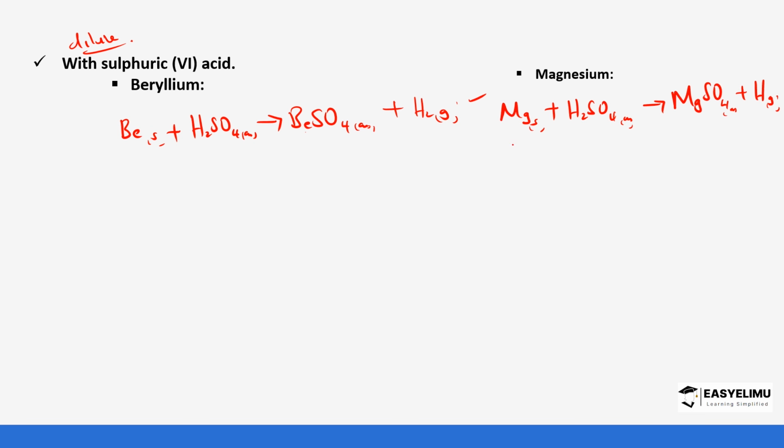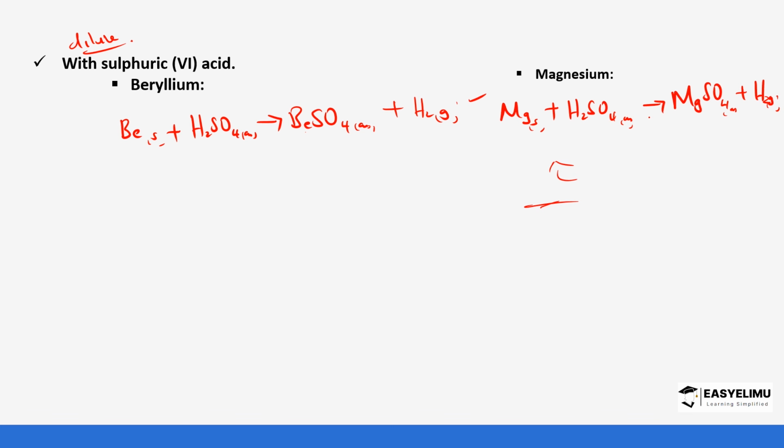So you notice also this equation is balanced. Magnesium is 1 in both sides. The hydrogens are also equal in both sides, and the sulfurs are equal and oxygens are equal. So in this reaction also we are going to see some effervescence, and it is as a result of the formation